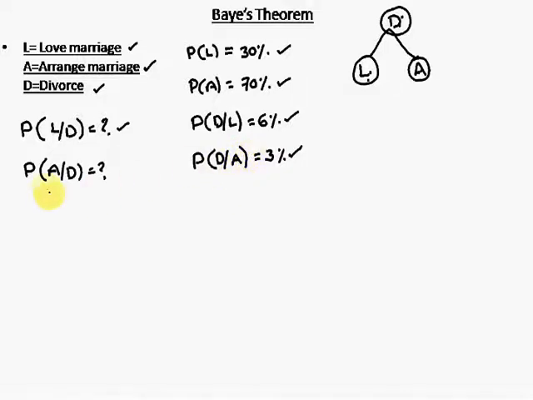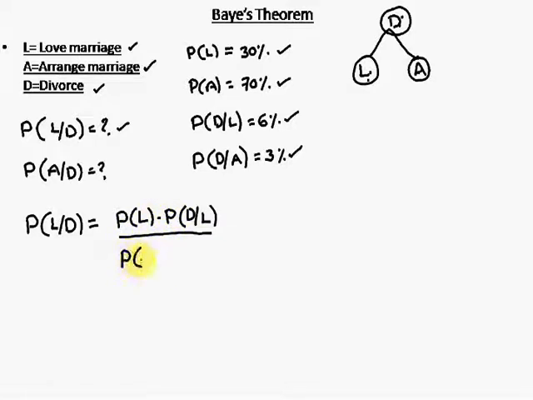Now we are going to write the formula for probability of L given D occurs. The formula is very simple. Probability of L into probability of D given L occurs. That means you reverse this one and you get this. Whatever you have written in the numerator, you write in the denominator: probability of L into probability of D given L occurs, plus